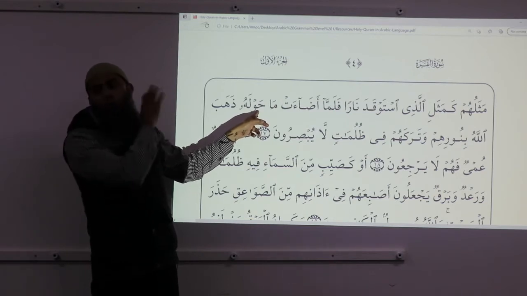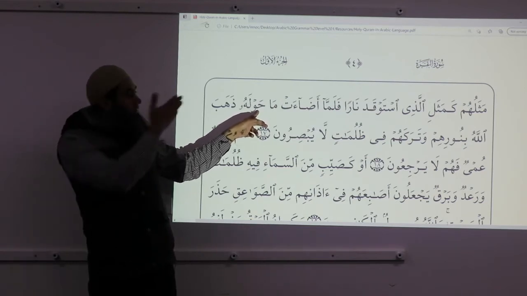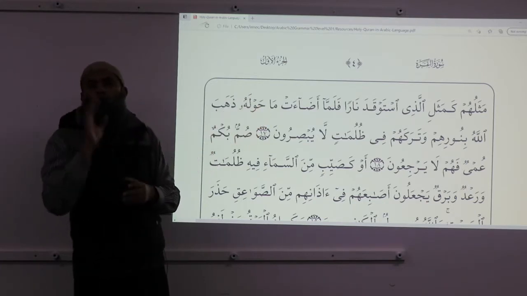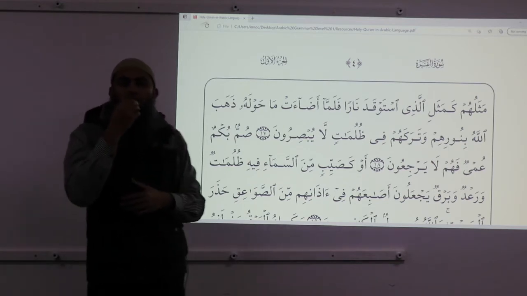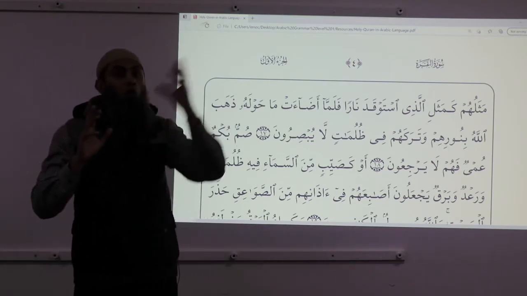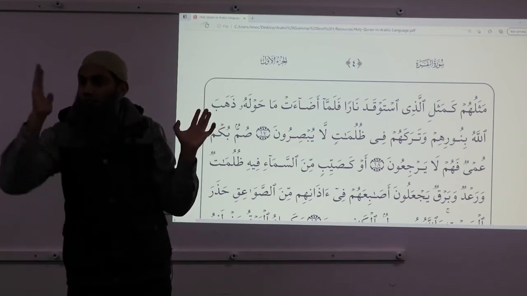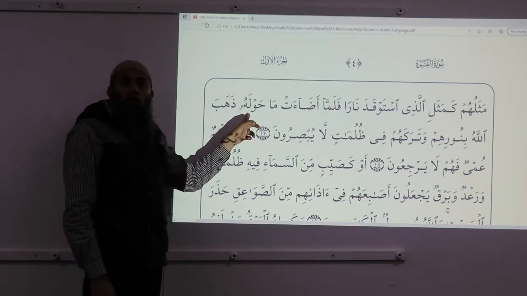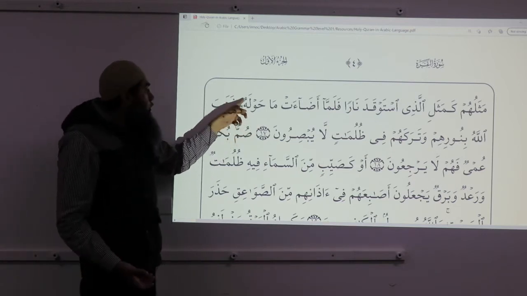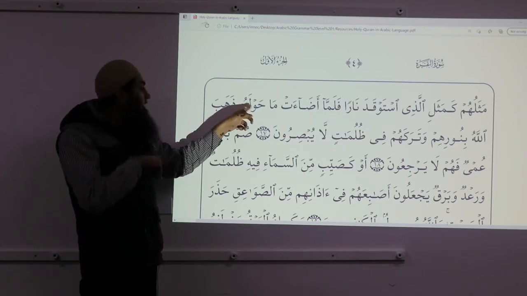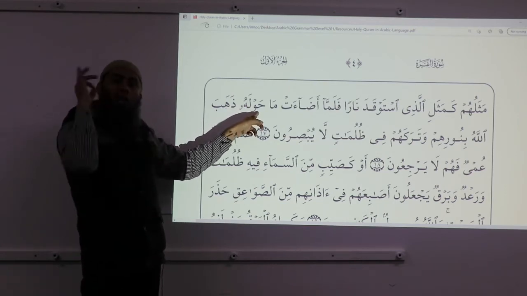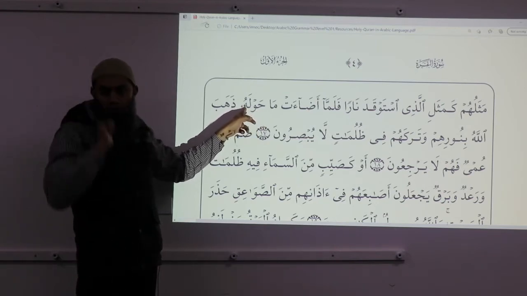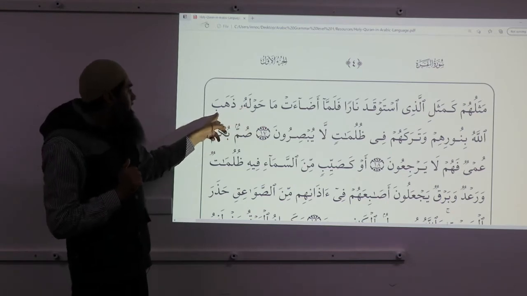This is a beautiful parallel. Inshallah, if we get a chance, we'll study this parallel as well. But for now, hawlahu, his surrounding. Remember this simple point: whenever we are translating something as his something or of, we know it is murakkab idafi, because this correlation is only murakkab idafi. So hawlahu is murakkab idafi. How do I know? Because hu is the attached pronoun and it is attached with the ism hawl. Whenever a pronoun is attached with an ism, it is a mudaf ilayh case. There is no exception to this, by the way. Let's keep moving.